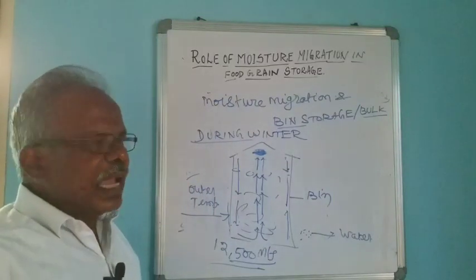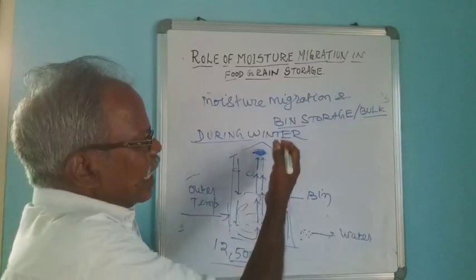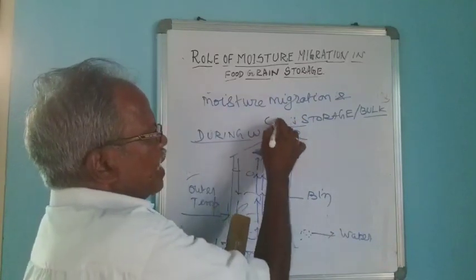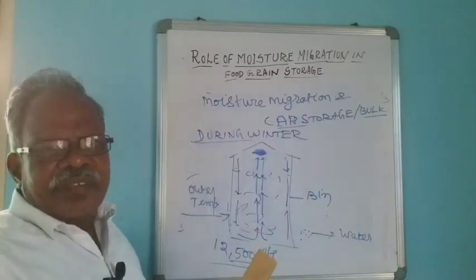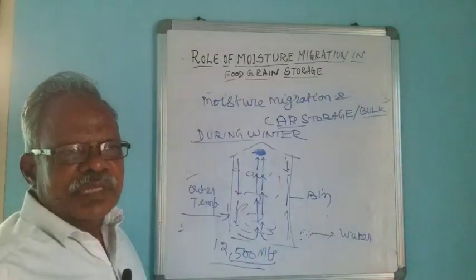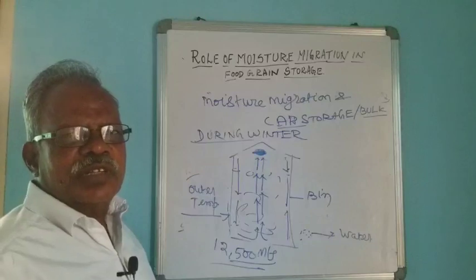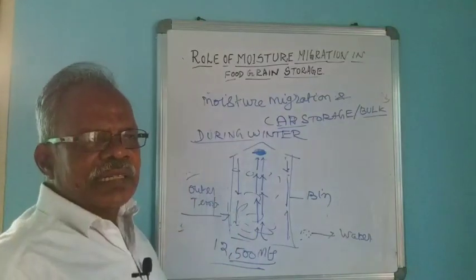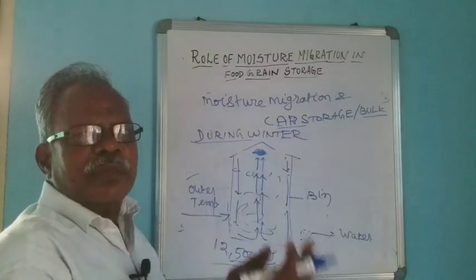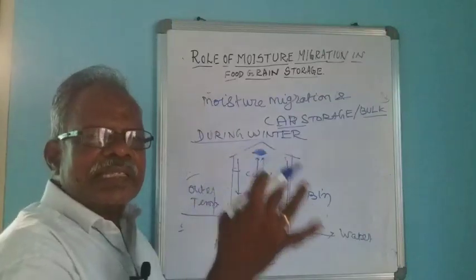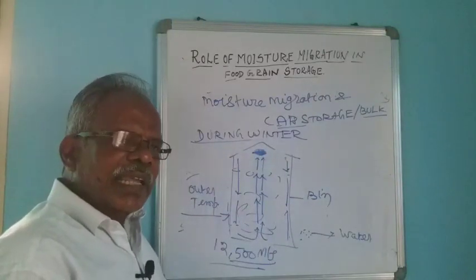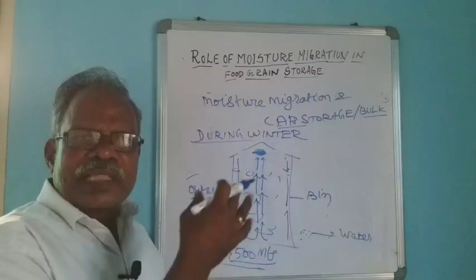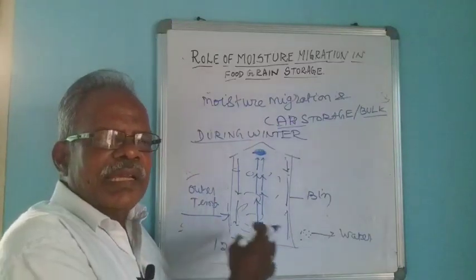The same thing may happen in cap storage also. Instead of a bin, in cap storage we are leaving a small space for an aeration valve in the bottom, but otherwise it is almost equivalent to bin storage. Bin storage is made of concrete and metal, but cap storage is made of a polythene cover. The stock is not exposed to the air, but a polythene layer is there between the air and the stock.